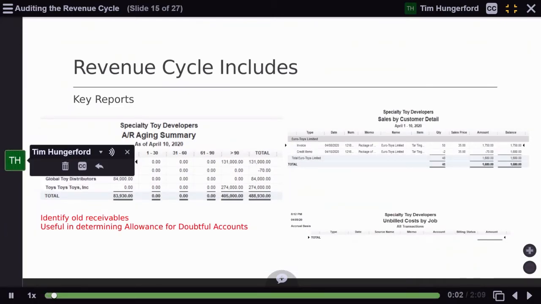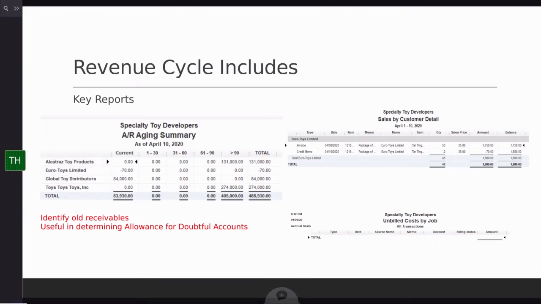So some of the reports that are really important to review and identify as an auditor is the accounts receivable aging summary. So the accounts receivable aging report will show in increments, usually what's currently out there, and then usually in increments of 30 of what's outstanding. So you see as we look at our AR aging that our Euro Toys does have that negative 70 balance